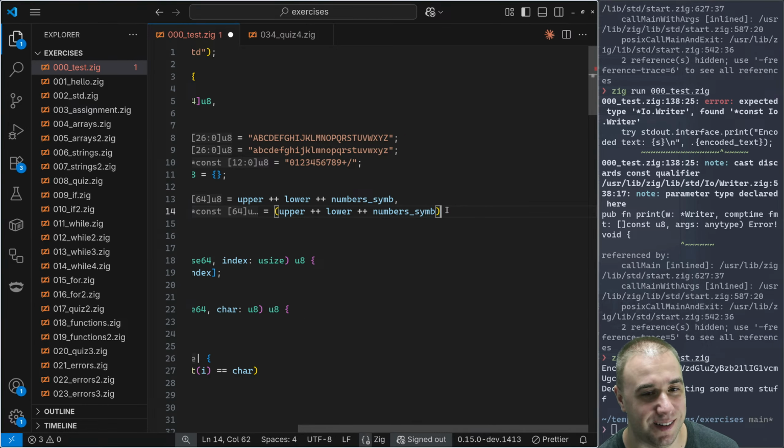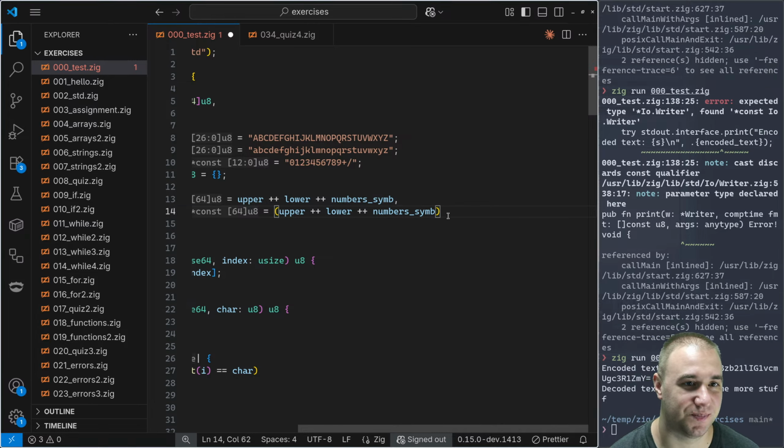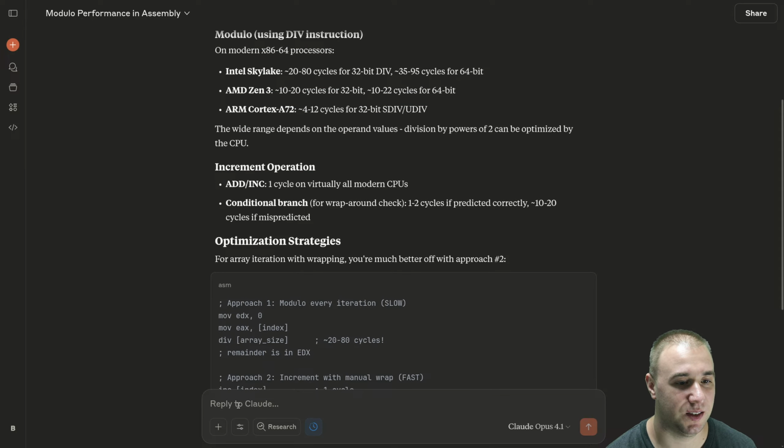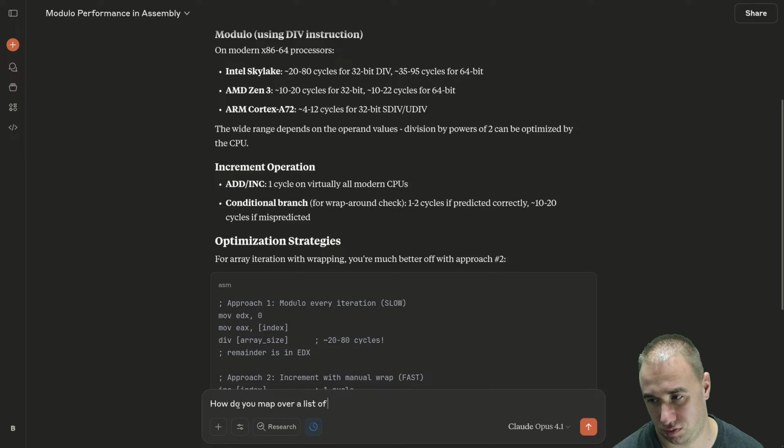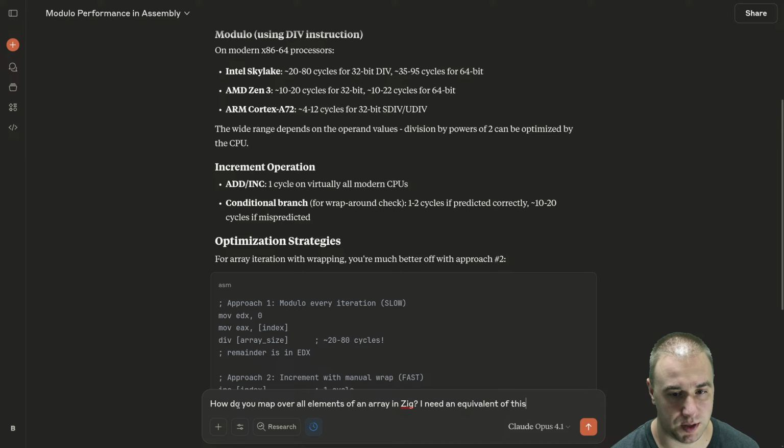No. How do you map over all elements of an array in Zig? I need an equivalent of this from